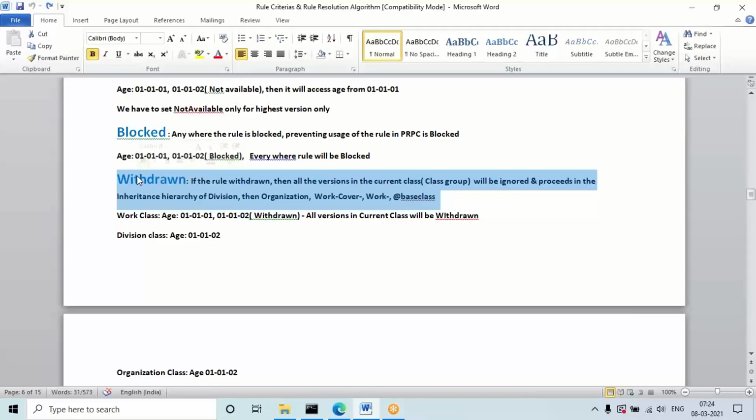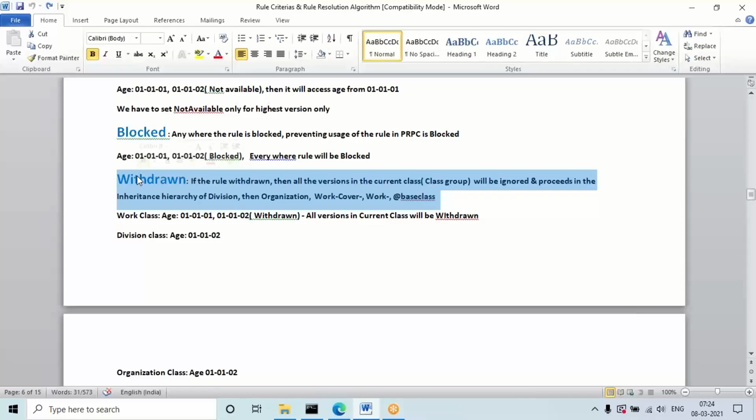I'll show it practically with one example now. So in the current class all versions are going to be withdrawn. Then if the rule is in the organization or division classes in the hierarchy, it will read the rule from those other classes, but in the current class it will ignore all the versions.